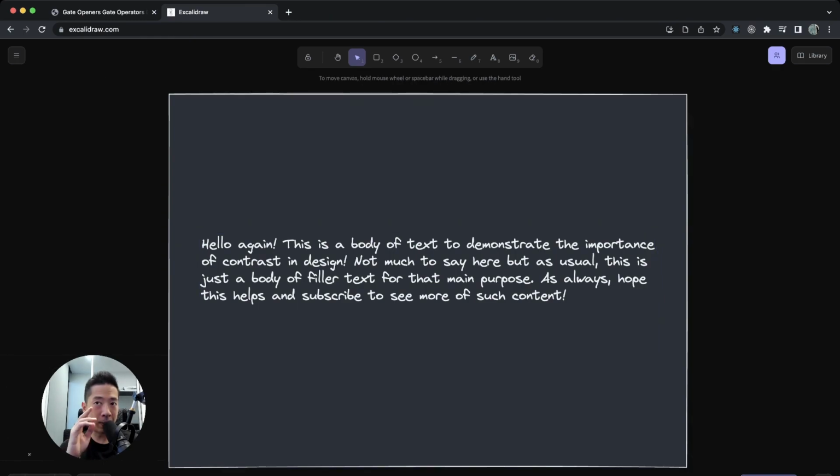Notice how much easier it is to read the text. So having good contrast in your UI design makes your elements stand out better, and in general, it creates a better user experience. And once again, this of course leads us to the next point, which is